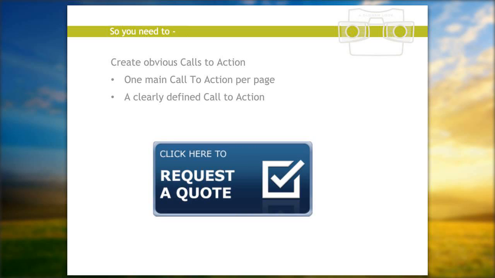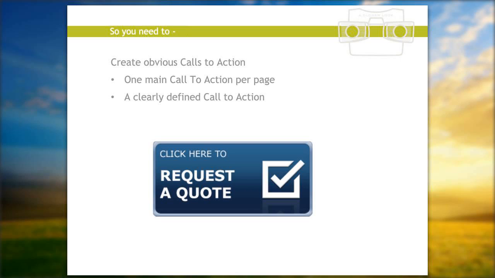The other thing that is important is to have really clear and obvious calls to action. A call to action is something that's very specific to a particular page and that you are asking them to do. So it doesn't normally just say click here.